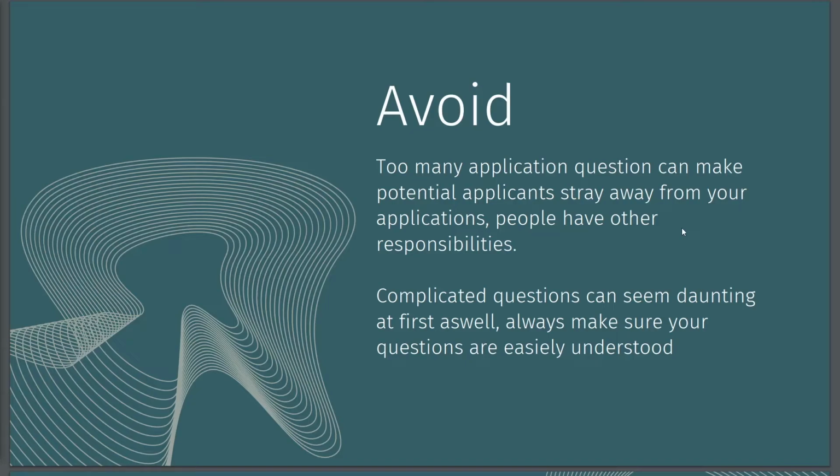However, they might be able to take the time to answer 4 questions. The same way, making your questions overly complicated or making one question multiple questions is going to achieve the same effect. For example, not asking just what is your motivation, but saying what is your motivation, what are your goals for the session, what are your personal development goals, in one question is the same as just asking those 3 questions